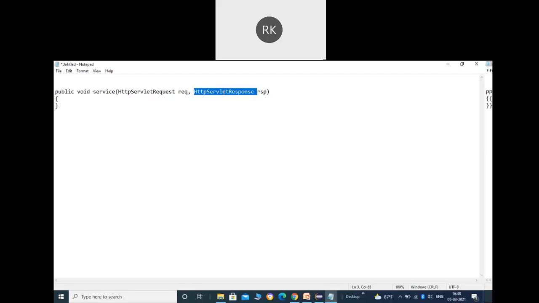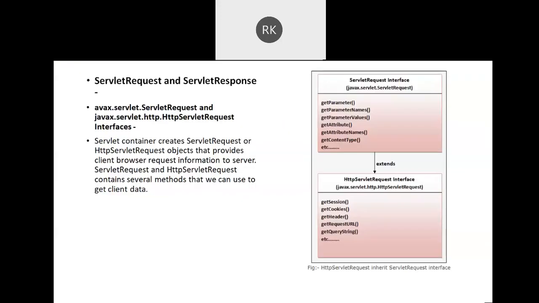We will see some of the important methods, and as we already know, when we create the servlet by using HttpServlet, these names change to HttpServletRequest and HttpServletResponse. Actually, HttpServletRequest and HttpServletResponse are children of ServletRequest and ServletResponse.